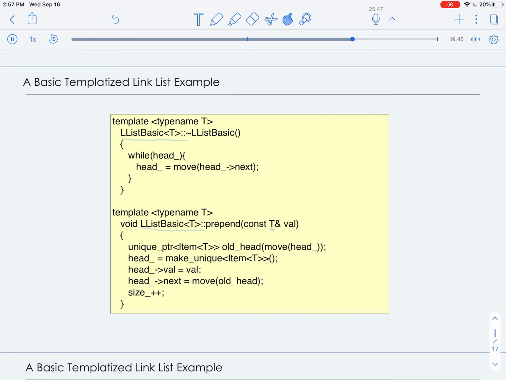Now for prepend, you'll notice that we are passing in an item by const reference of the type we're passing as a parameter. So then we have that would be the value. So the first thing we want to do is we want to make sure that we save the old head. So we declare a unique pointer called old head, and we move the item that was the head into it. Then we have to create our new item that we're adding to the front of our linked list. And the way that we do this is we call make unique,